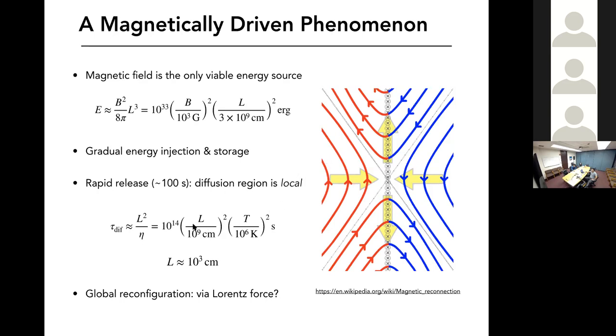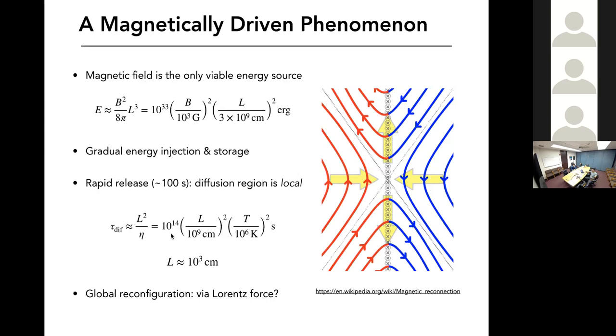If we write that down, it's scaled as L squared over the magnetic diffusivity. If you just look at the induction equation, and you take the magnetic diffusivity as the classical Spitzer value, then you can write the diffusivity timescale as this. So this is the typical active region spatial scale. This is the typical active region temperature, a million Kelvin. So the time scale will be 10 to the 14 seconds, and that is impossible because we know that the